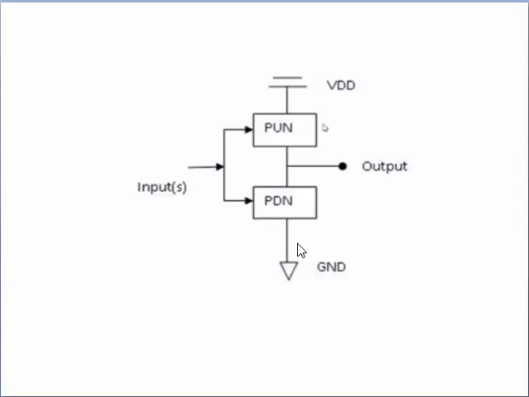Our topic today is alternating forms of pull-up, meaning if we replace the pull-up network with a different kind of transistor, then what will happen, what the characteristics will be, how the output will change, and whether it is going to affect the output or not. This is today's topic. So let us proceed with the first one.